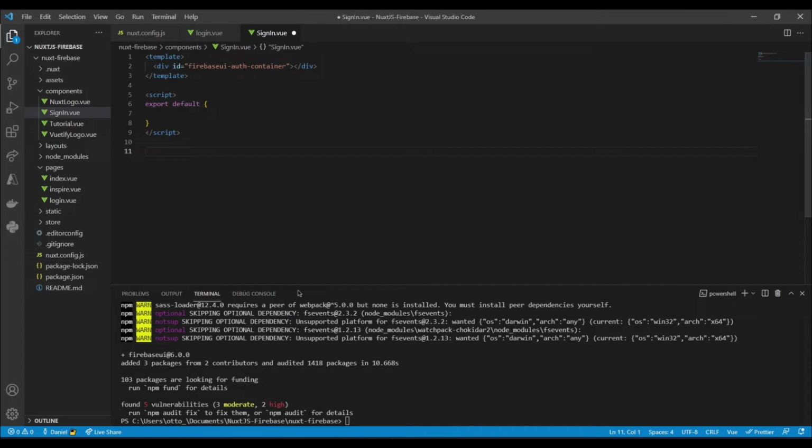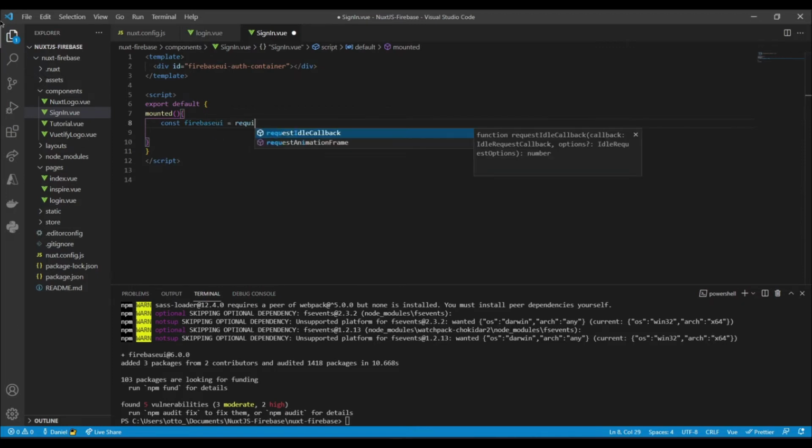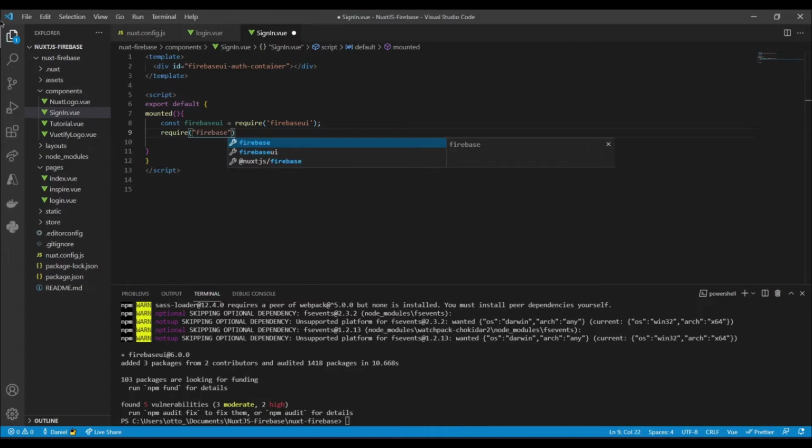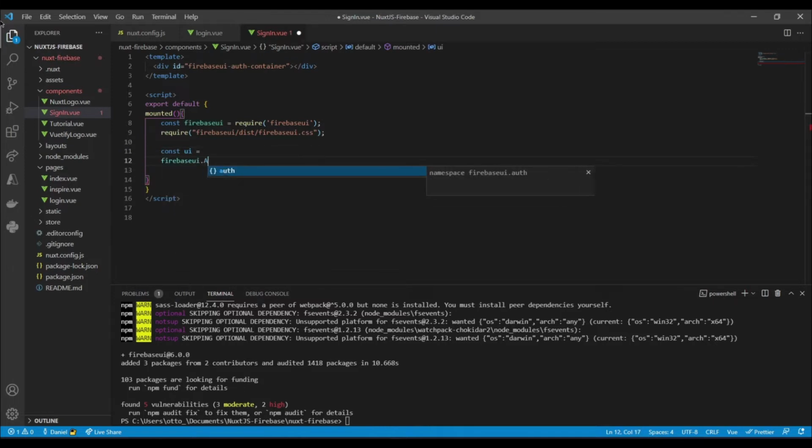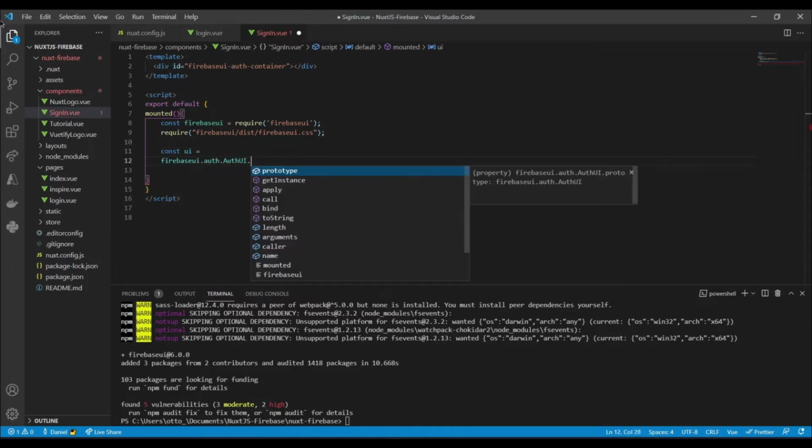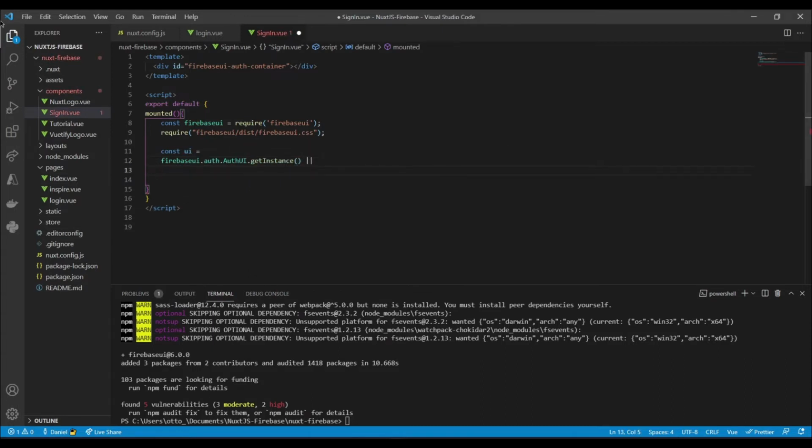Alright, so once that's done installing, what we're going to be doing is pretty much instantiating the Firebase UI, and we're going to be doing that through the lifecycle mounted method of our view component. So we'll say mounted, and here we'll bring in our Firebase UI, so const firebaseui equals require firebaseui. And we're also going to want our CSS file for the Firebase UI. So we'll say firebaseui/dist/firebaseui.css. And now we'll say const ui equals firebaseui.auth.AuthUI.getInstance or new firebaseui.auth.AuthUI